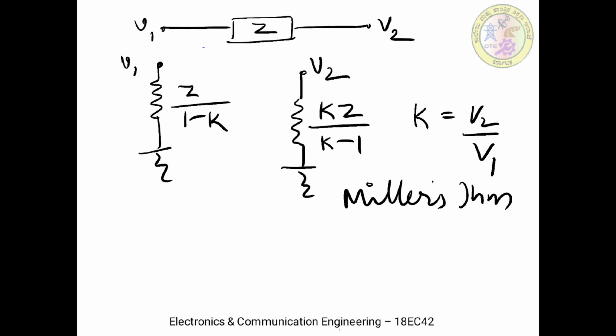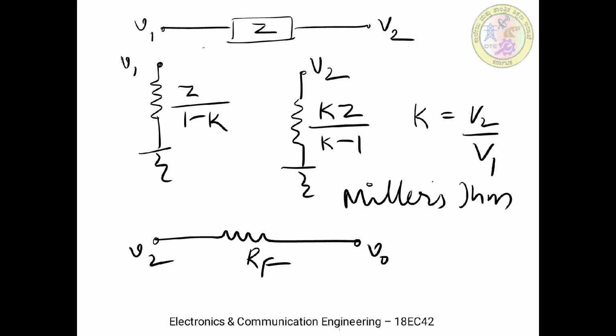What we have is, the feedback resistance RF is present between V2 and the V0 nodes. Therefore in order to convert this into Miller's equivalent components, here it is a VID. Okay, just a minute, it is VID,